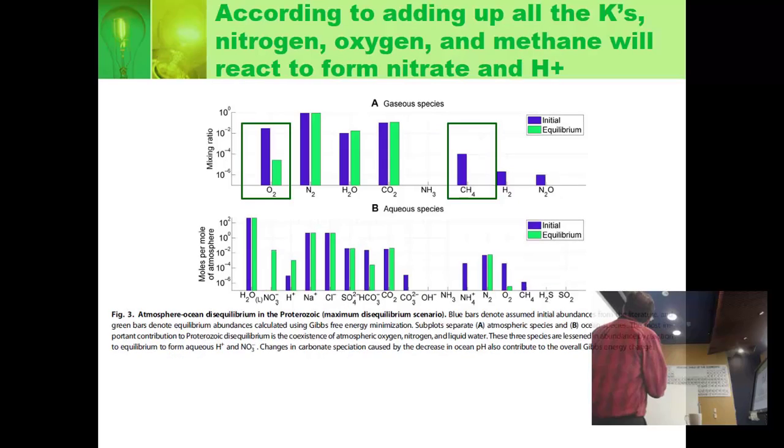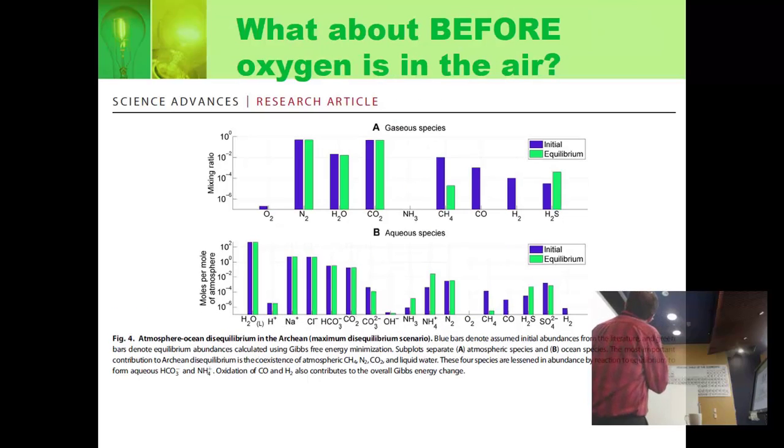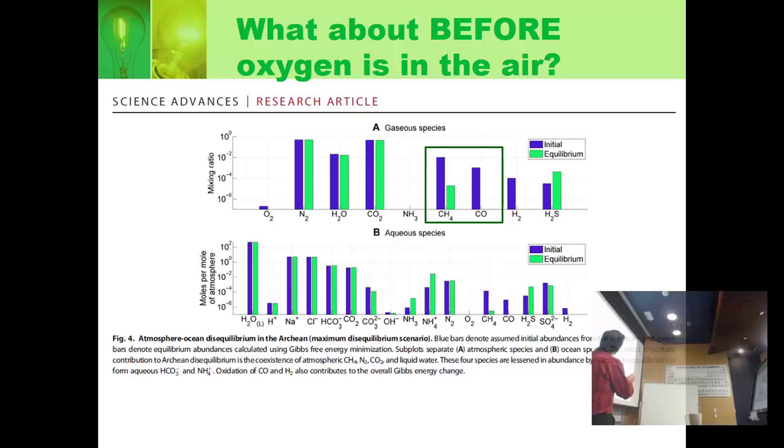So this is the time when you have oxygen. What about when you don't have oxygen in the atmosphere? What happens then to the green and blue bars? Well, right there, if your initial mix has both oxidized and reduced forms of carbon, at equilibrium,